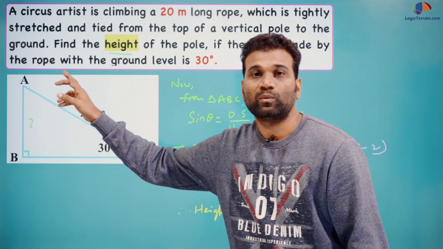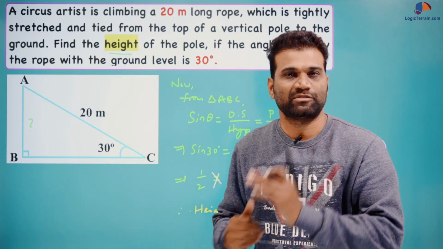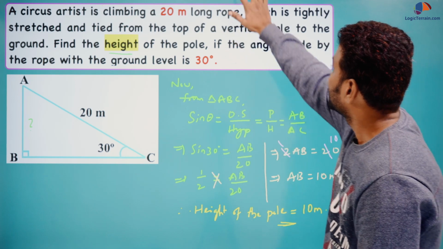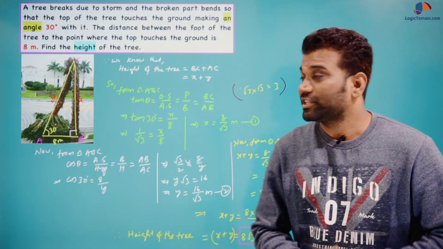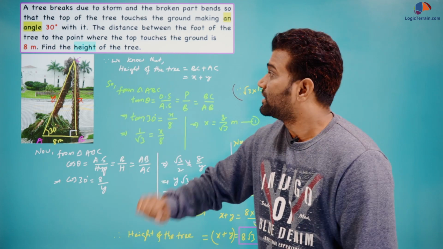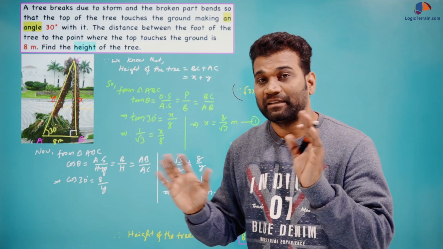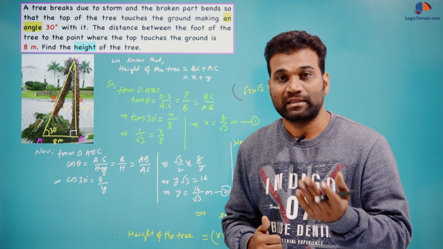So in this case we have seen only a simple right angle triangle, and here we found one side of the triangle. So let's discuss the next situation, that is question number 2. Here it is the question, very important, okay? This question was asked in many previous years' board examinations as well.